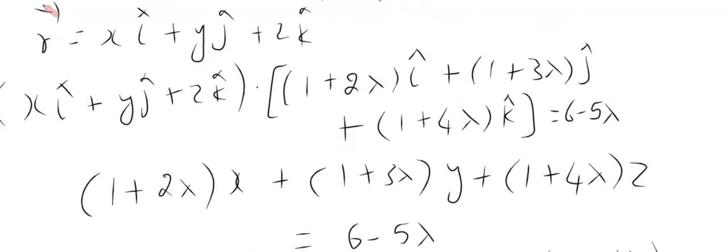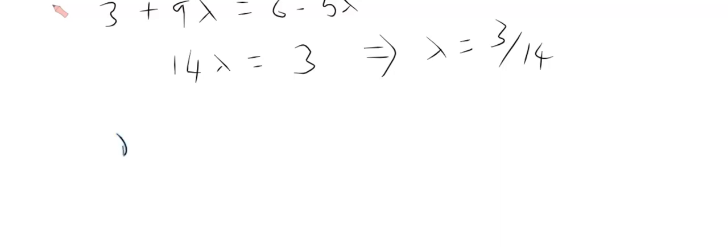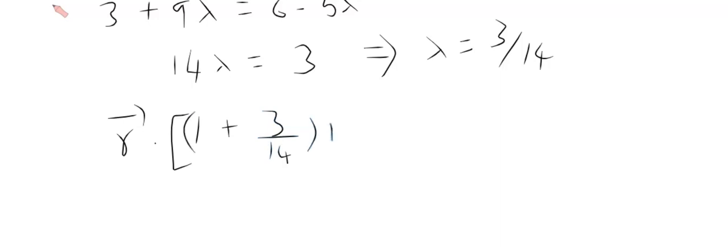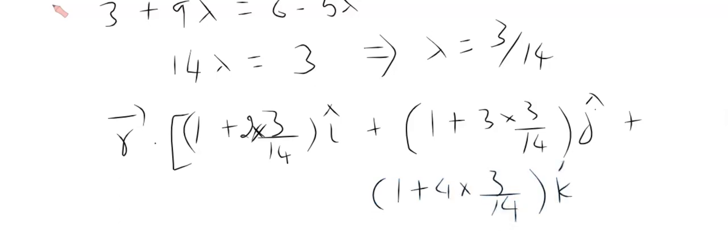That is, in this equation for lambda, we can reduce the equation as r vector dot 1 plus 3 by 14 i, plus 1 plus 2 into 3 by 14, the second one is 1 plus 3 lambda, so 3 into 3 by 14, j vector, plus the third one is 1 plus 4 lambda, so 1 plus 4 into 3 by 14, k vector,